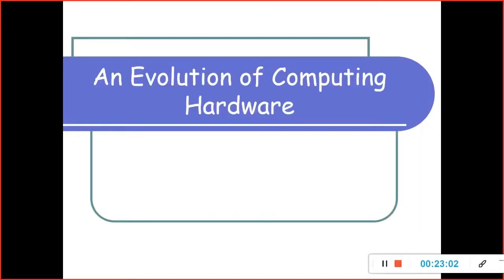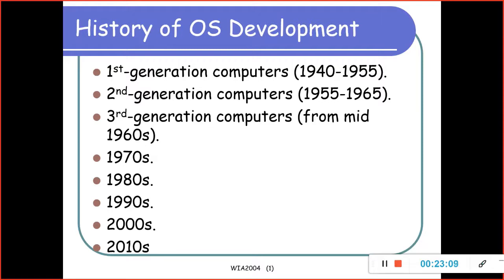Okay, so we go to the evolution of computing hardware. This is basically the OS development, operating system development, not the computer. The first generation computers, 1944 to 1955, did not really use an OS. The second and third generation computers, from the mid 1960s through the 70s, 80s, 90s until now, mostly have more processor power, more hardware memory,